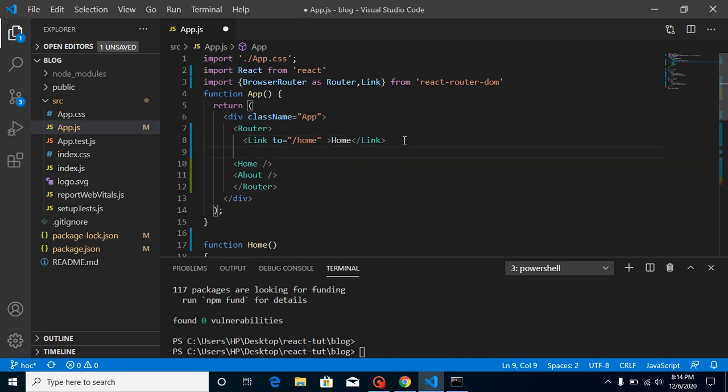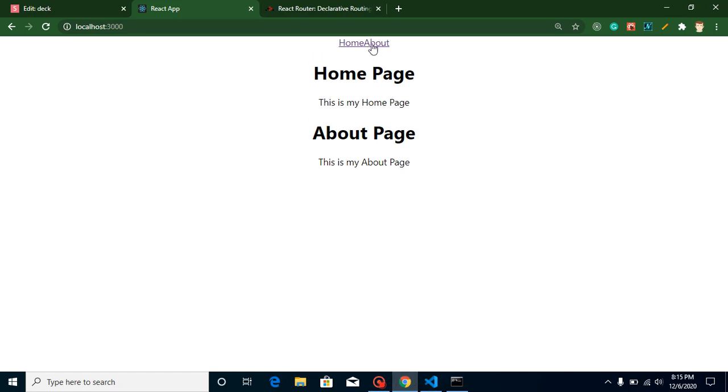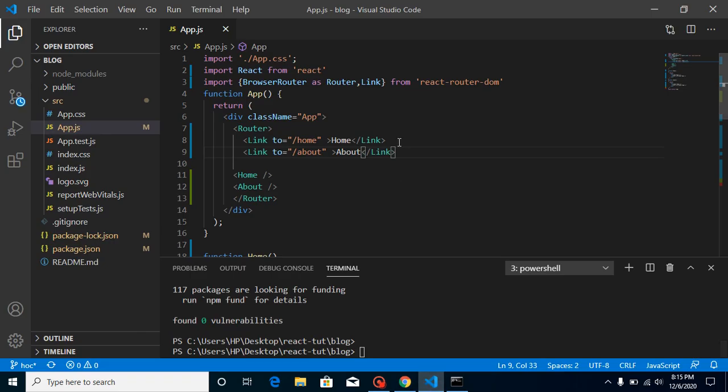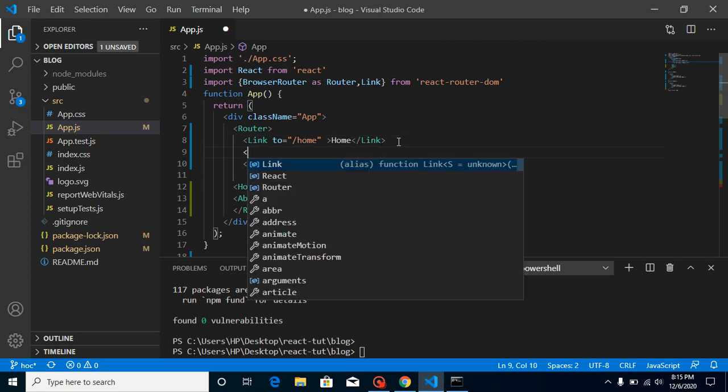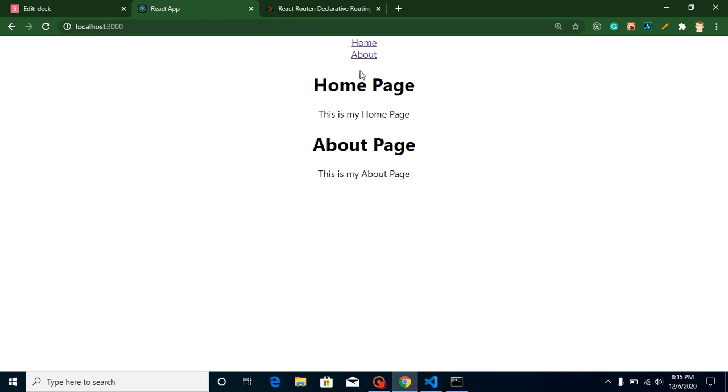And make one more route like About for the other component. We want to make some space, so you can put a br tag here. Great. Now you can access these URLs, but on both pages you can see that both components are visible.